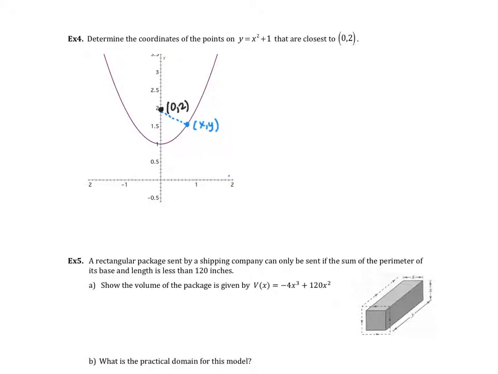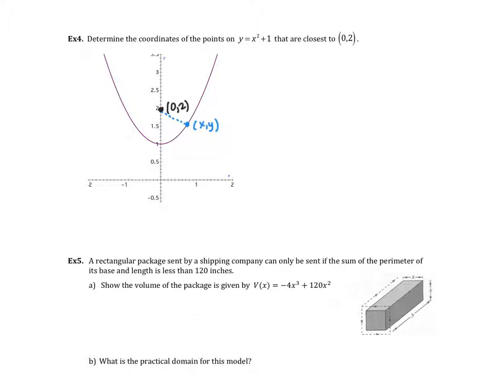Okay, our last page, example 4 and 5. So example 4 says, determine the coordinates of the points on y equals x squared plus 1 that are closest to point (0, 2). So the graph has been given to you of x squared plus 1, and